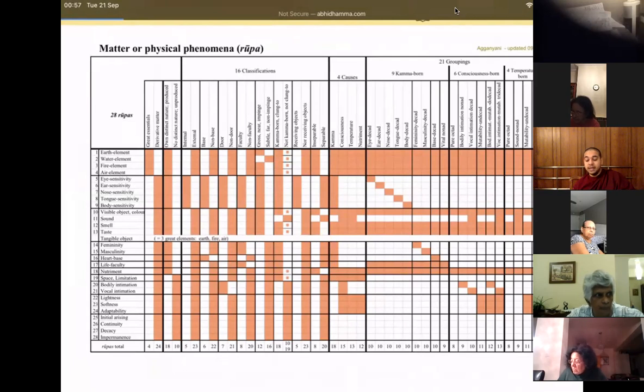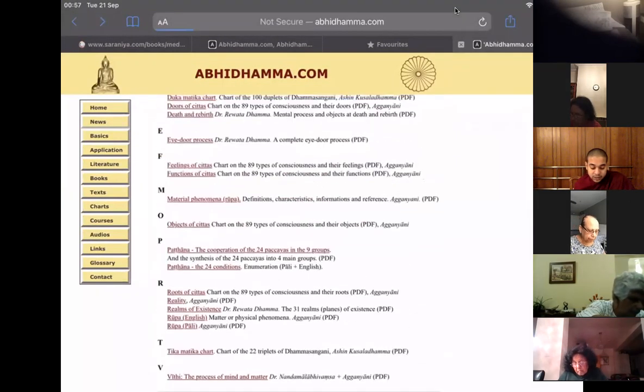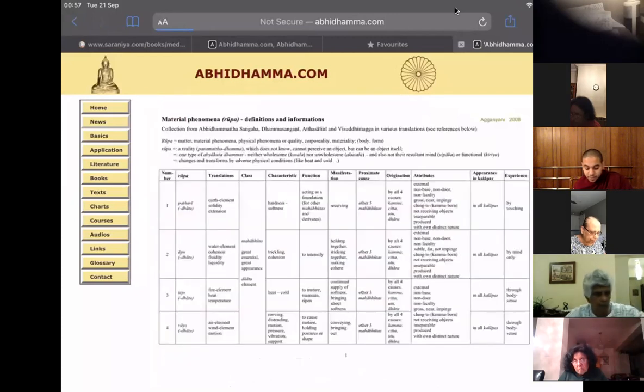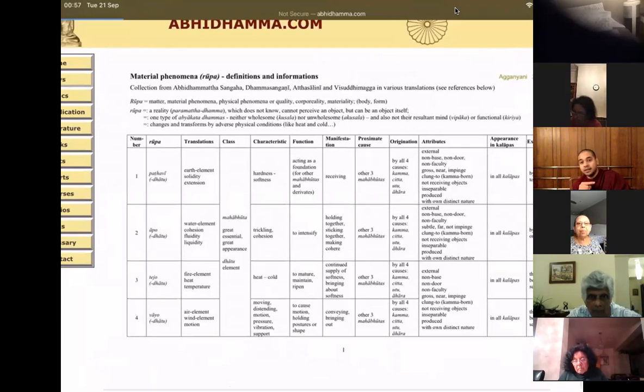We'll be going through again, and then continuing with the 4 causes up until the end of the chart, and then moving on to the other chart, which is this one, right? If we get the earlier chart clear, this would be quite easy. The unique aspect of this chart is, of course, the appearance of the kalapas, the experiences. It gives more detail into that chart that we have just gone into. So that would be more interesting to go through.